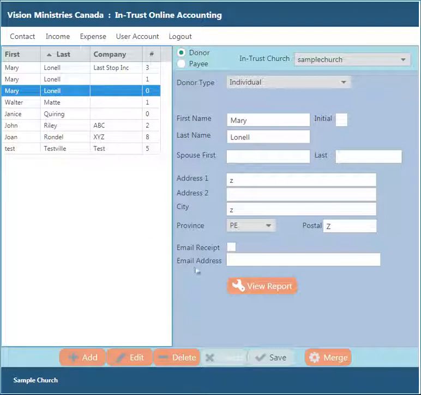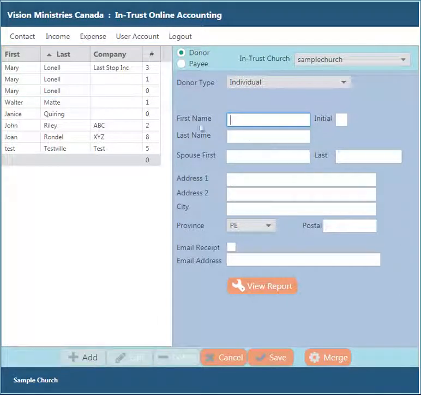Now what you see is at the bottom there are buttons that control the activity that you want to do. If you want to add a new person, you simply click the Add button. And we end up with a blank form over here on the right side for you to enter the person's information. The first thing you need to do, the system defaults to a donor type of individual, and it's expecting an individual or a family, first name and spouse, or just first name, last name of an individual and